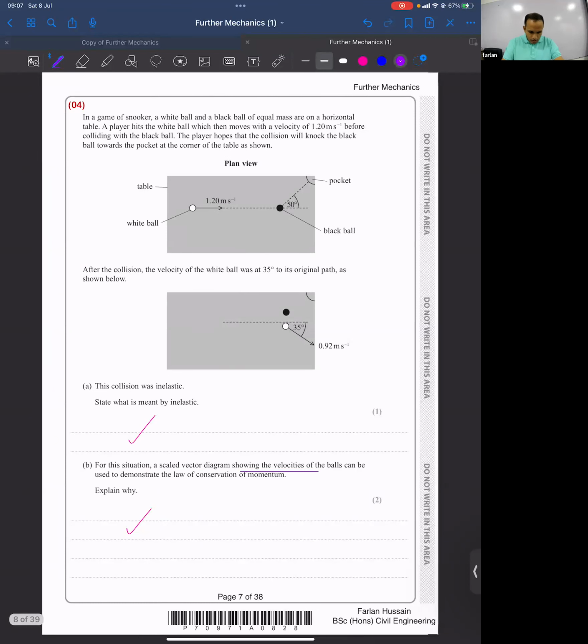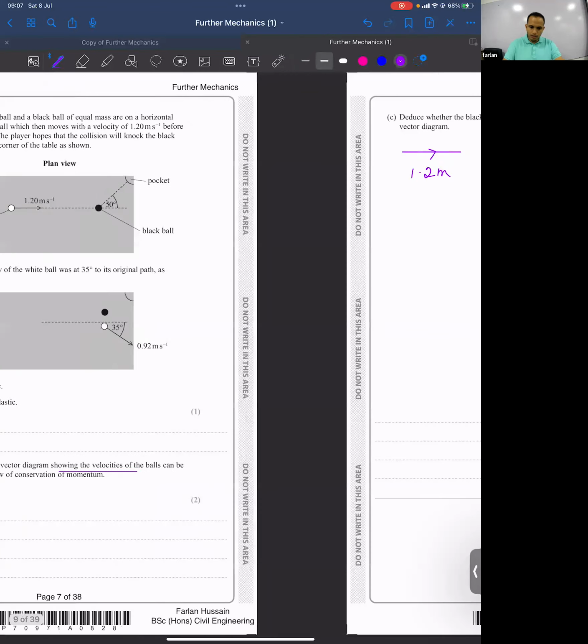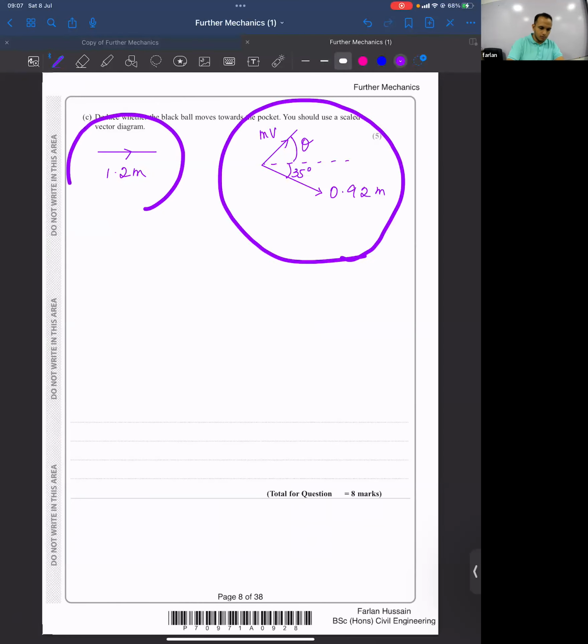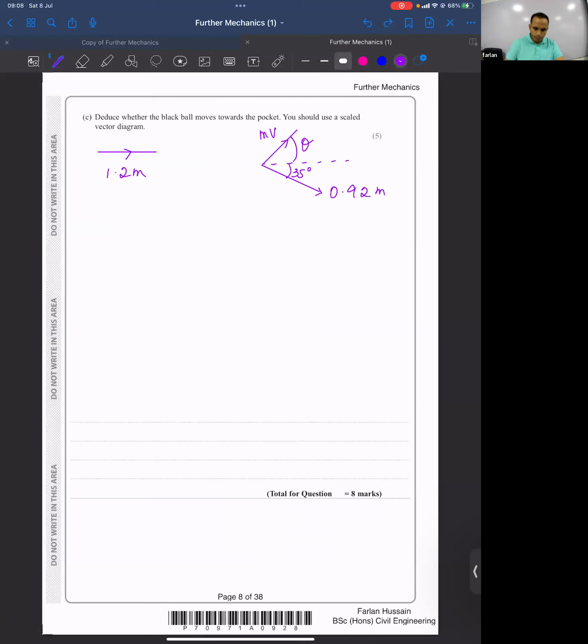Okay. Let's try to draw a vector triangle. So now, according to the principle of conservation of momentum, the total momentum before is equal to total momentum after. So the resultant of these two vectors is equal to the initial vector. So 0.92 m